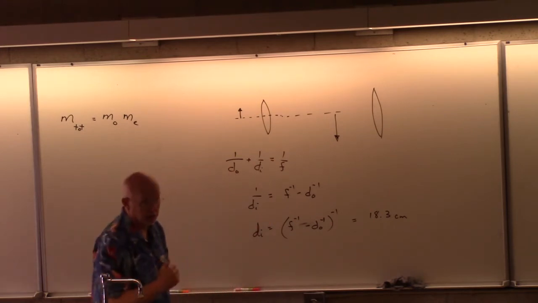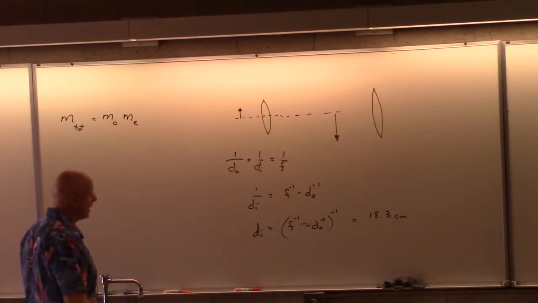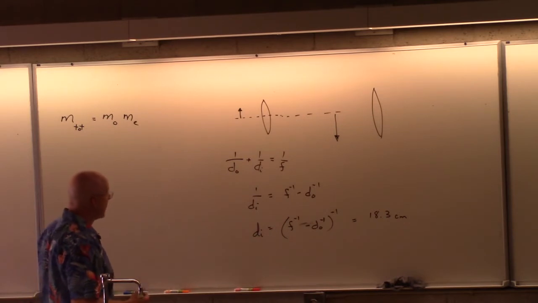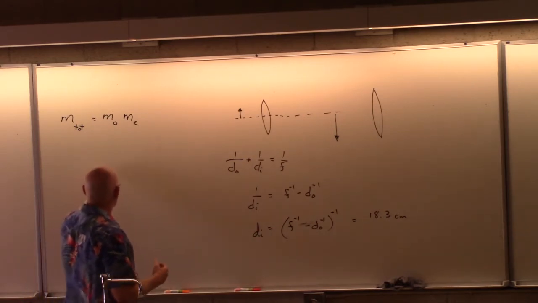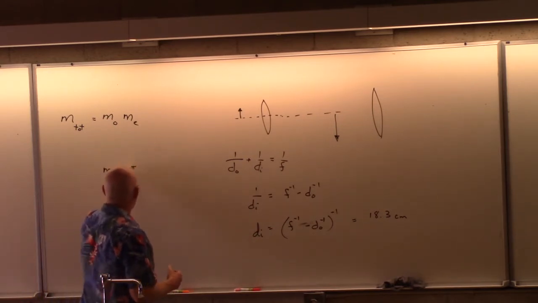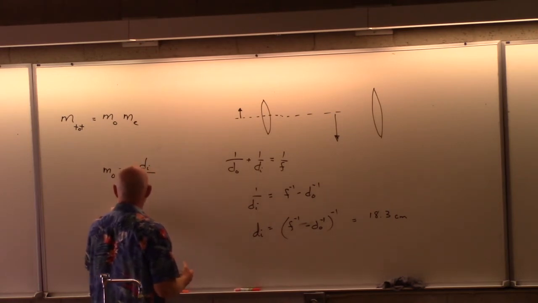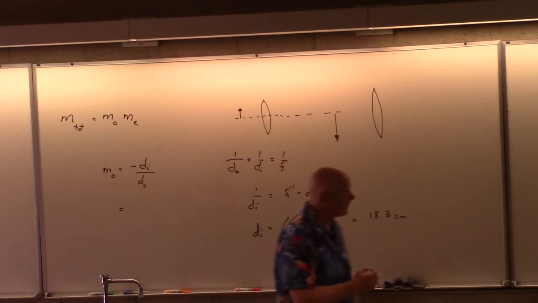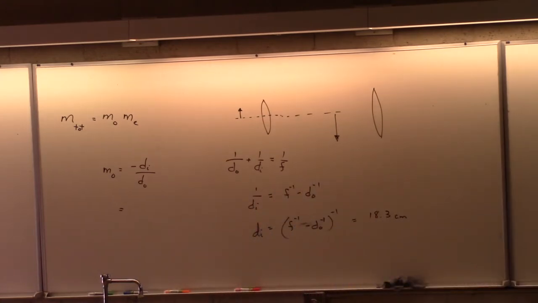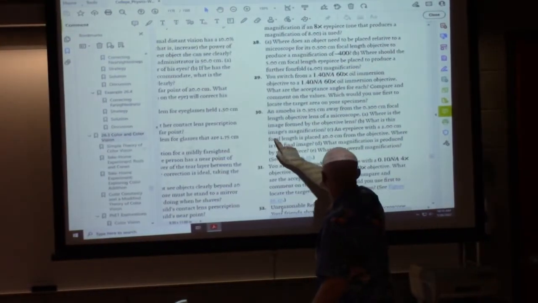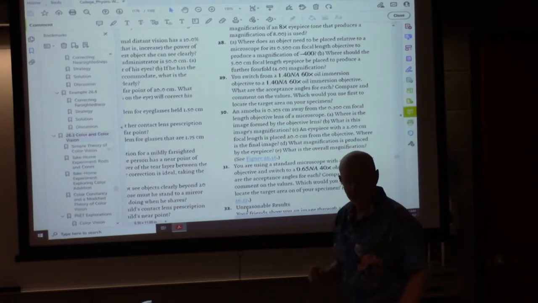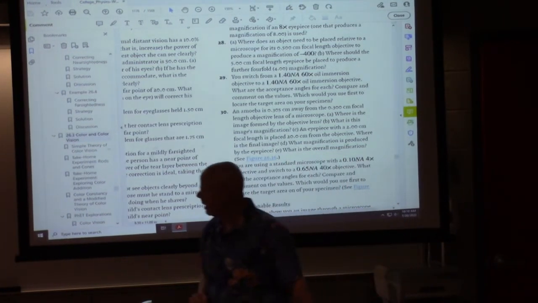This is the optics from the last chapter. In fact, we could even ask how big it is or how much it is magnified, and I think that is actually the next question, part B. Let's see. Part B, what is the image magnification? And again, I think just from the object piece, so this would be